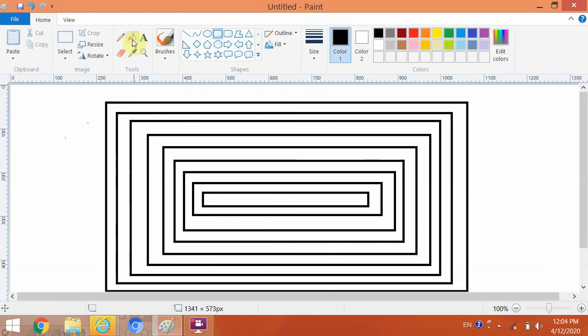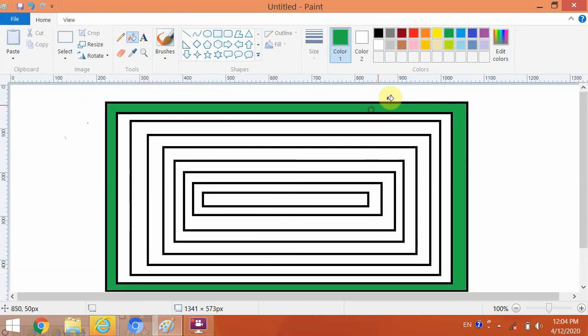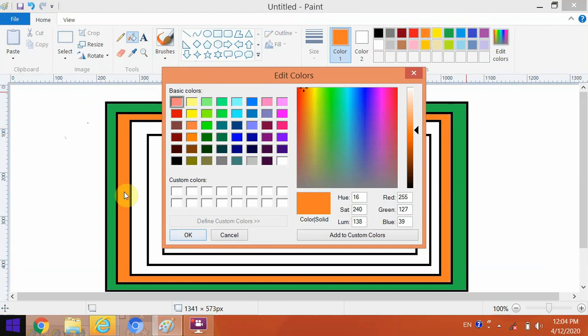After that, click on fill with color options and fill the colors. You can fill any colors that you want. If you want more colors, then choose a color from there.